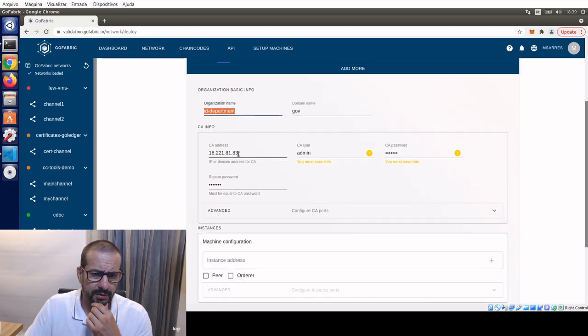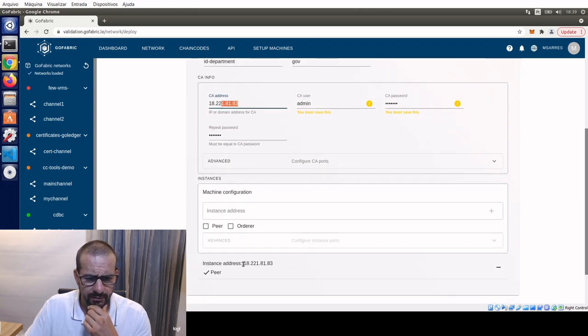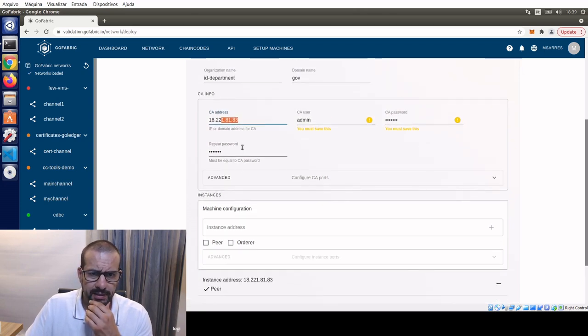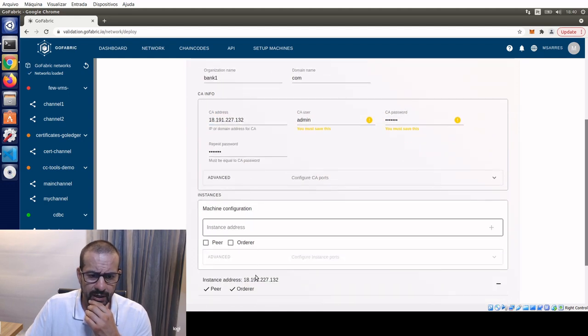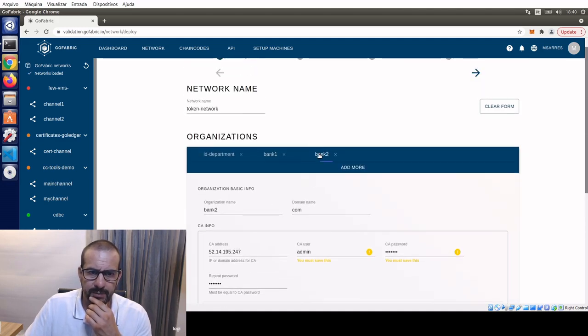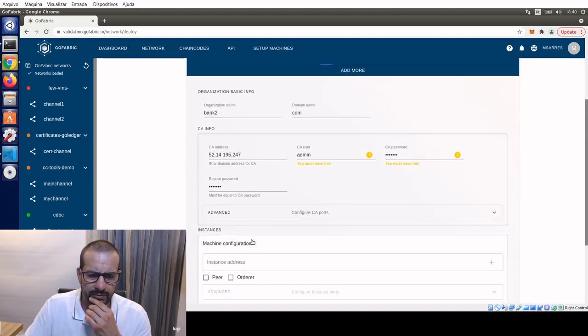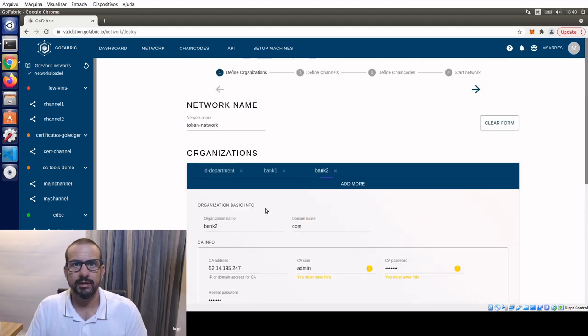It's going to be deployed on this VM right here. It will not have an orderer, just a peer. And we will also have two banks, Bank 1, that will have an orderer and a peer, of course, and Bank 2 that will have an orderer and a peer. That's how this blockchain is